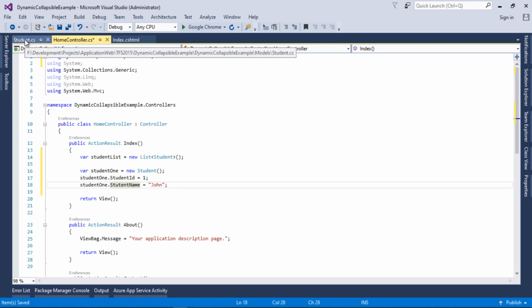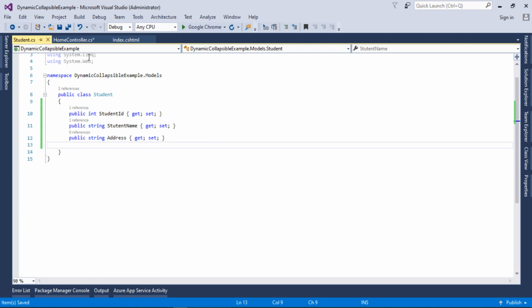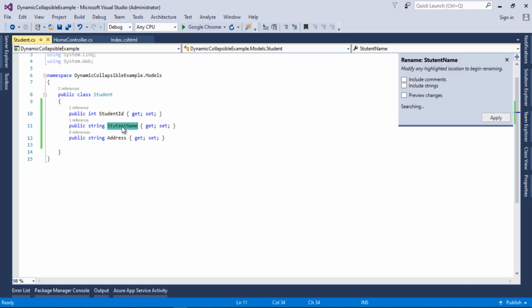So I will go back to the student class, I will refactor it. So how will I refactor? By placing the cursor here, you need to press Ctrl R, R, two times R. Now I will change this to the correct spelling, and let's press enter.